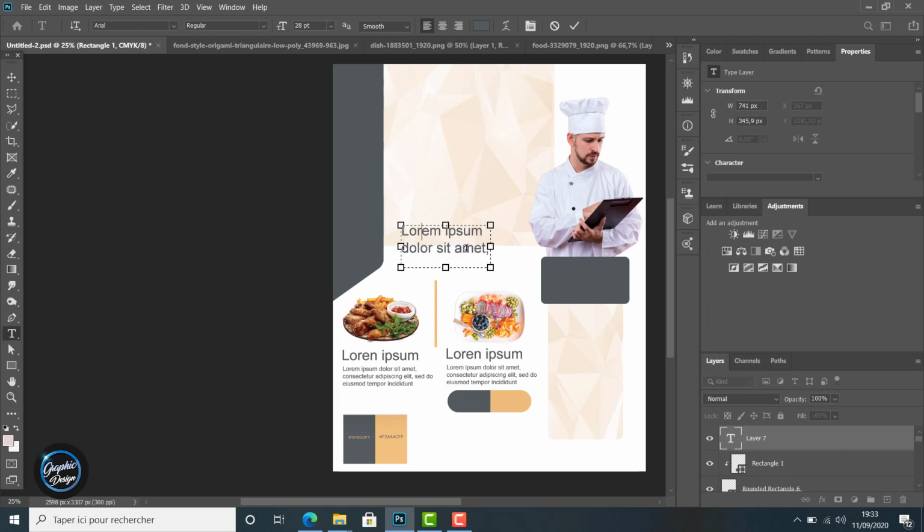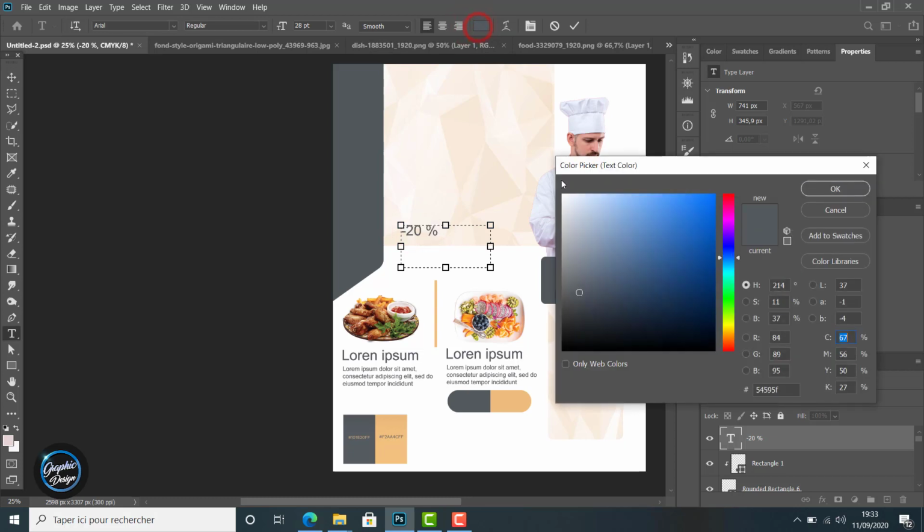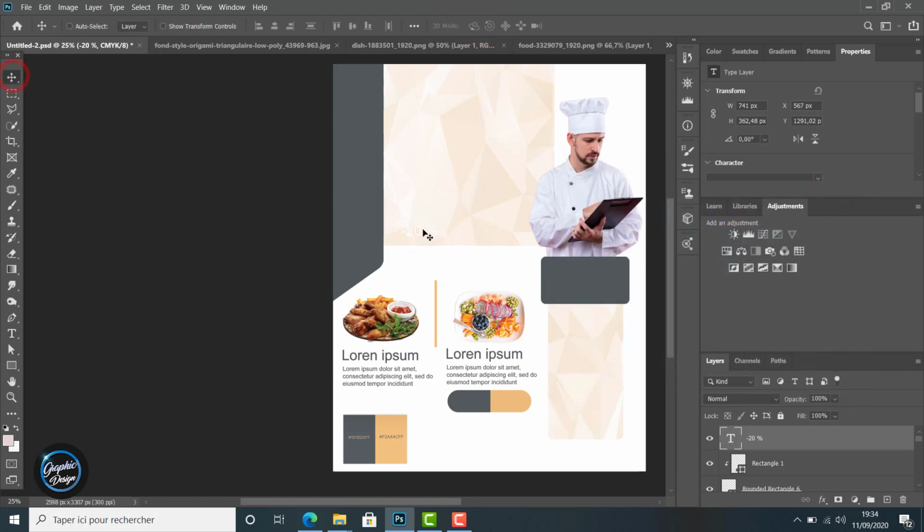So now what we have to do is duplicate these two layers, the rounded and the rectangle clipping mask layer, the two ones. I will select them. Before that, I will type the text I have to include in this area. So I will type 20% off. So for the 20%, of course, I will choose